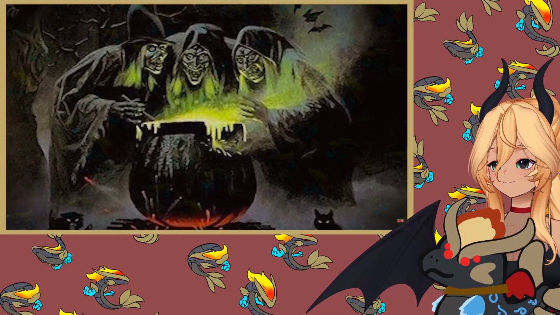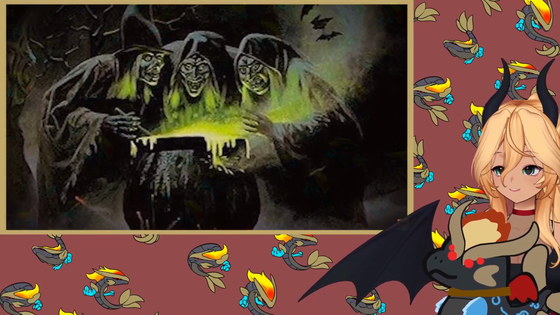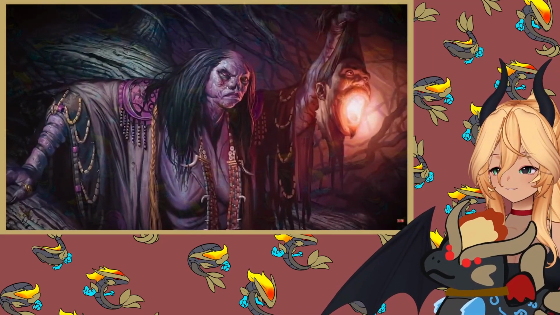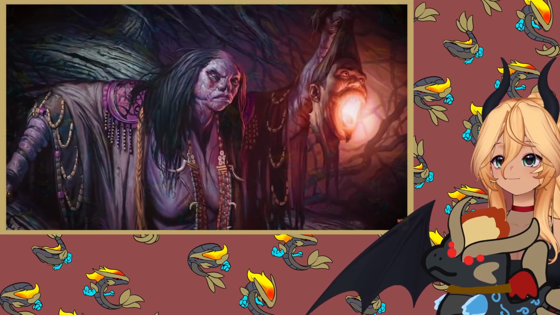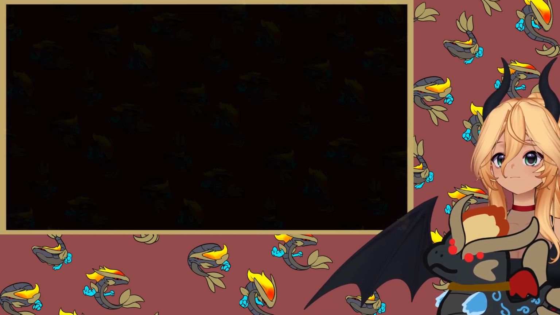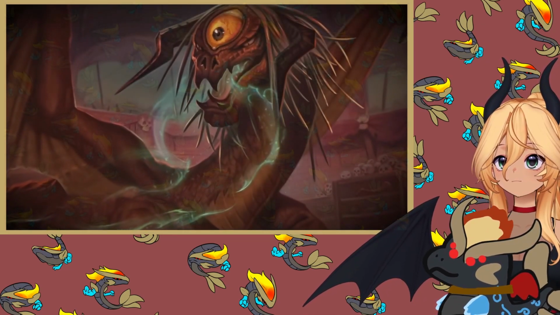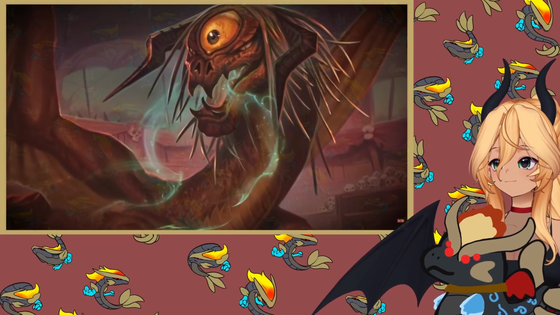Speaking of covens, another idea that crossed my mind while creating this creature is what would a coven of hag dragons look like? Hag dragons are certain to be a rarity, so it's not like this is a sort of thing that would happen very often. But assume for a moment that you have 3 independent hag dragons that have all become connected to one another. How horrifying would that be?